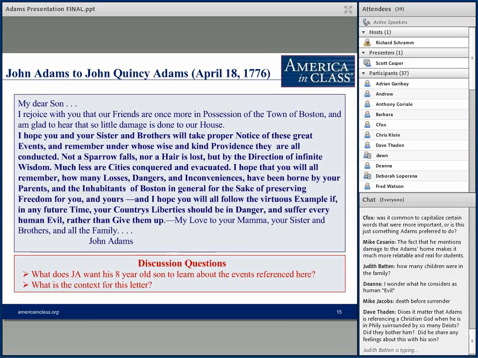The letters we're reading tonight and the letters that I've read between John and John Quincy Adams don't suggest a lot of discussion about religious doctrine, but I'm not familiar with all of their letters, so I wouldn't want to say for sure. Let's move to the next letter. It appears, by the way, Scott, that John Adams had 6 children, 3 boys and 3 girls. Okay. I wonder if all 6 of them were born at the time of these letters, because John Adams in that previous letter mentions your sister singular. So I wonder. Let's move to the next letter, because now we have little John Quincy, who's now, I believe,